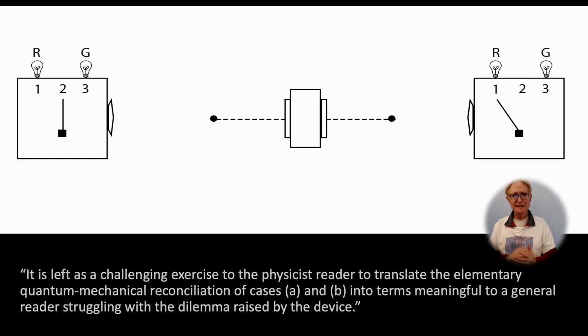Now, let me explain how the Mermin device works. The device has a source of two particles. That's the middle box of the picture. And the two particles are sent to and measured by the two detectors in one of three settings, 1, 2, or 3, as shown in the picture. There are two possible outcomes in each trial of the experiment, R for red or G for green, as indicated by the lights on the top of each detector. Let Alice and Bob be the people making the two measurements.